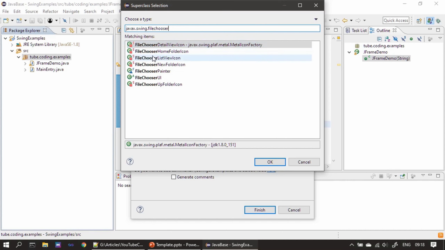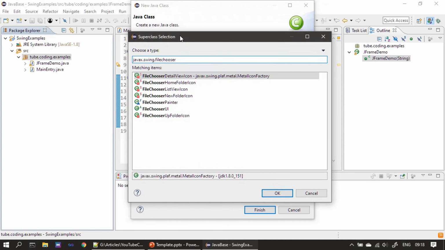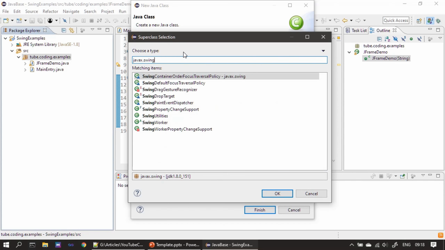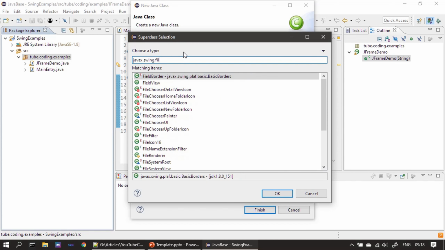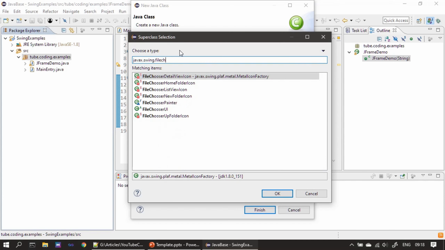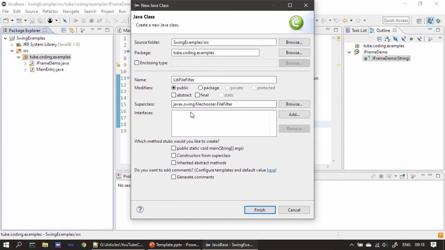So if you see here, the UI is not displaying the file chooser. Let's put a dot. Okay, so it's not displaying the file chooser. We will type it manually, FileChooser dot FileFilter. Since it's an abstract class, there is an error sign here. We need to override two methods. So this is our class file, LibFileFilter, which is extending from FileFilter